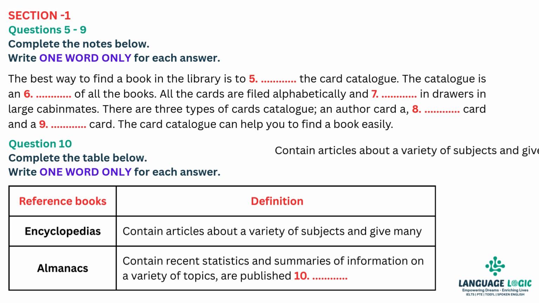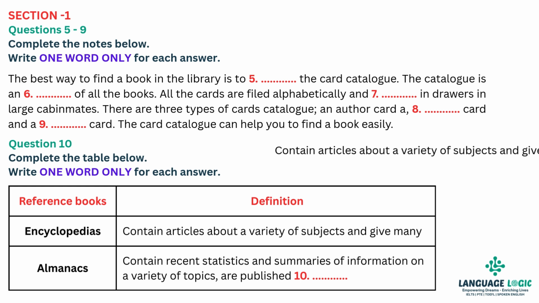The best way to locate a book in the library is to use the card catalogue. The card catalogue is an index of all the books in the library. Information about a book is listed on cards. All the cards are filed alphabetically and stored in drawers in large cabinets. The card catalogue can help you locate a particular book, a book on a certain subject, or a book by a particular author. In the card catalogue, each book has 3 cards, an author card, a title card and a